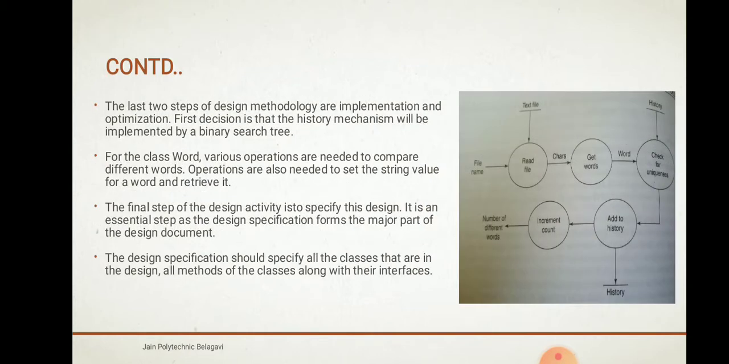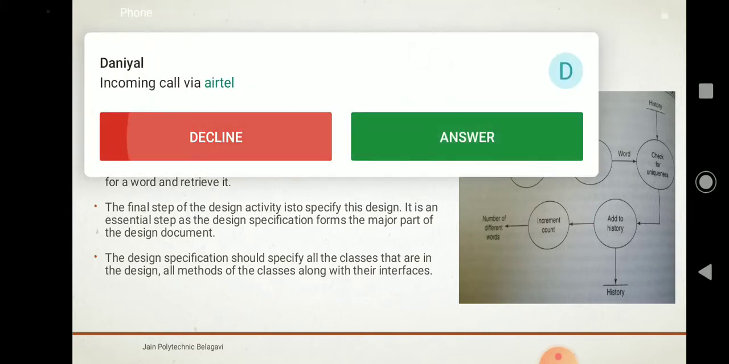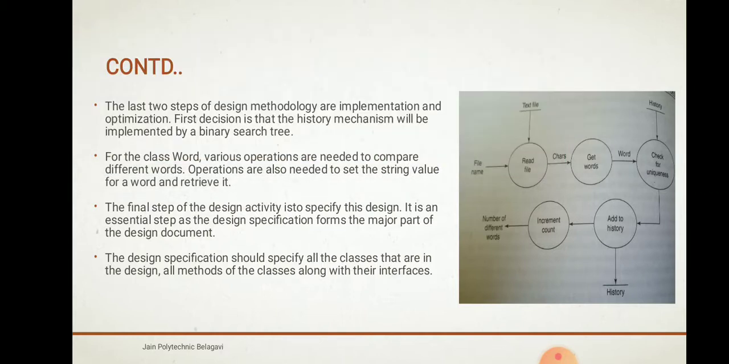Now the last two steps of the design methodology are implementation and optimization. The first decision is that the history mechanism will be implemented by a binary search tree. For the class word, various operations are needed to compare different words. The final step will be the design activity. It's an essential step, as the design specification forms a major part of the design document. The design specifications should specify all the classes that are in the design, all methods of the classes along with